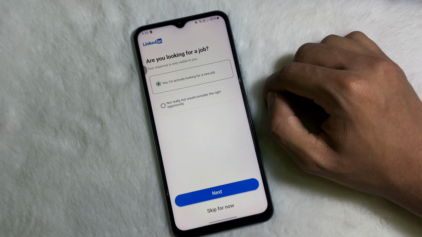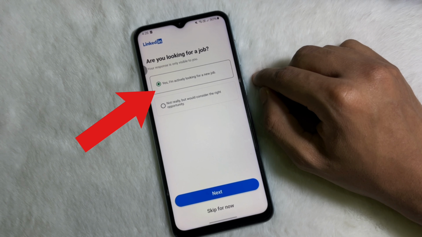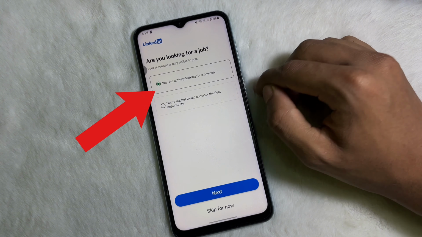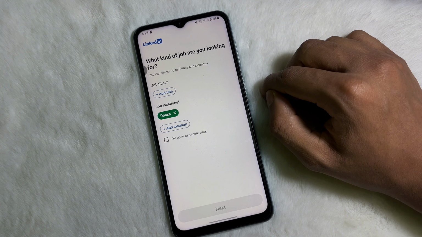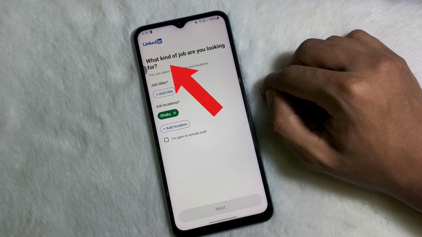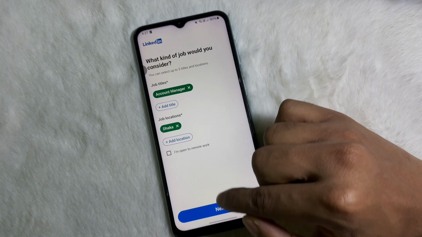And after that you will get this page, and here you can see, are you looking for a job. So if you are looking for a job, then tap on yes, I'm actively looking for a new job, then tap on next. And after that you will get this page, and here you can see that it says what kind of job are you looking for. Now select the job titles and job locations, and you can also select open to remote work and then tap